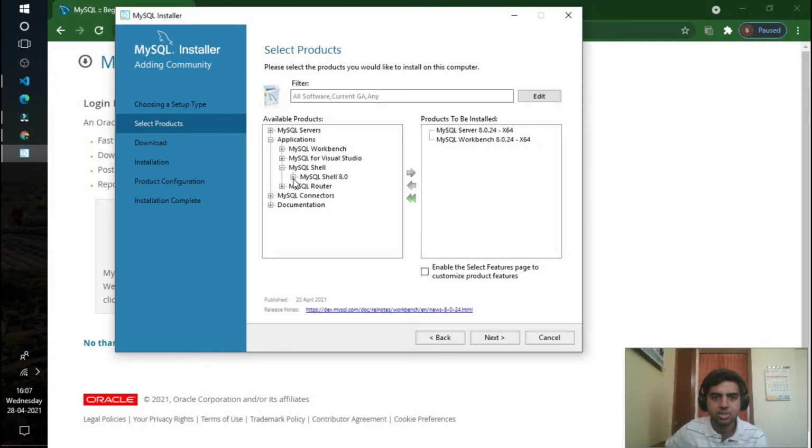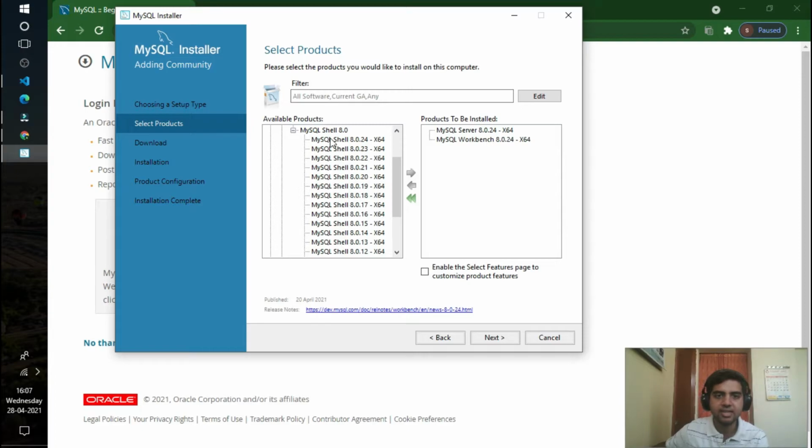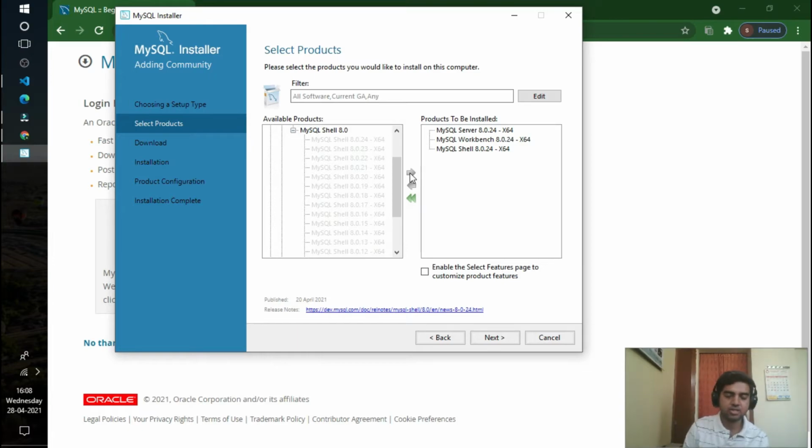Next, go for MySQL Shell, 8.0.24 for the 64-bit machine. Just enable this. So why is Shell needed? The Shell is an interactive component of the server. Shell supports various languages for the server, and it works the same as our command line tools.